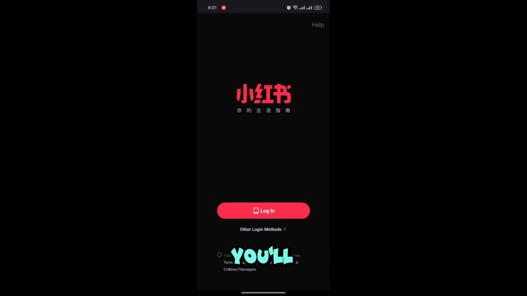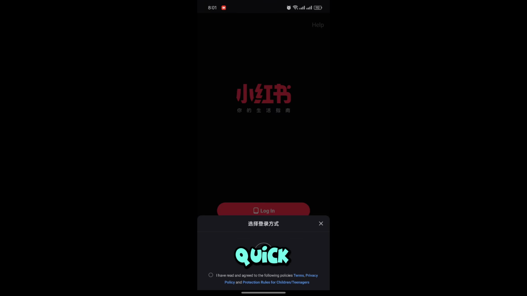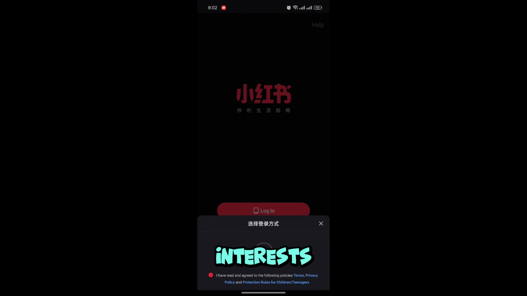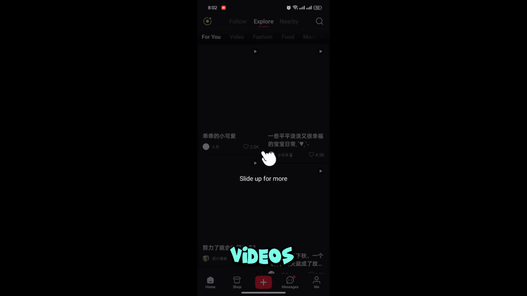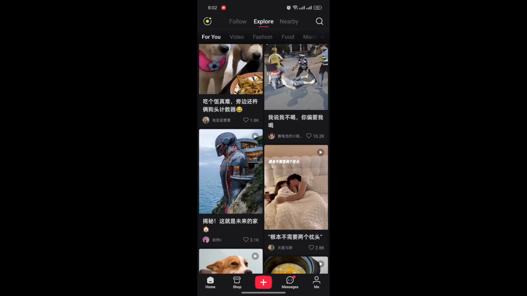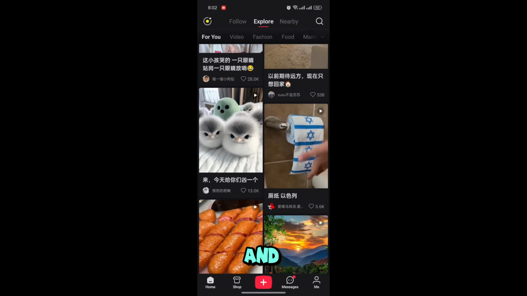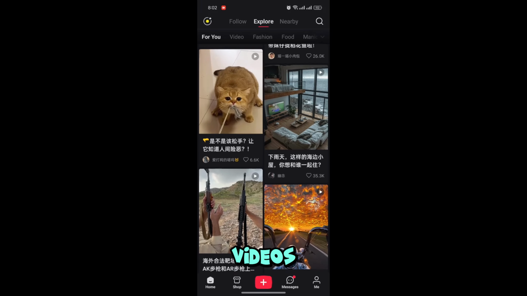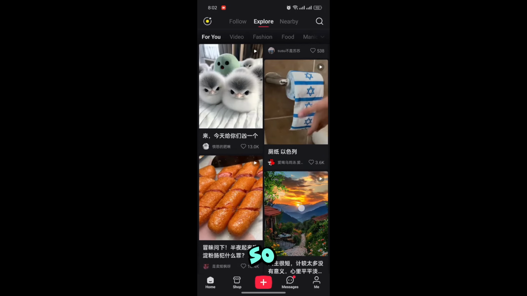After registration, you'll be greeted with an interface where you can select up to 4 interests. Here's a quick tip: make sure to select pets and animals first before choosing the other 3 interests. Trust me, you'll see plenty of animal videos this way. You can also explore more by choosing pets on the Explore page. Look for videos with high views and engagement, preferably over 100,000 views. For this tutorial, let's find 2 videos, one with subtitles and one without, so I can show you how to